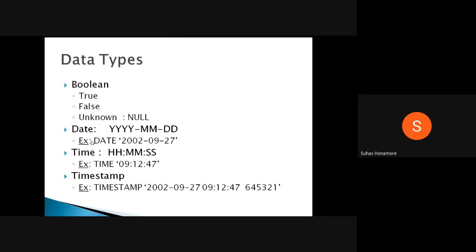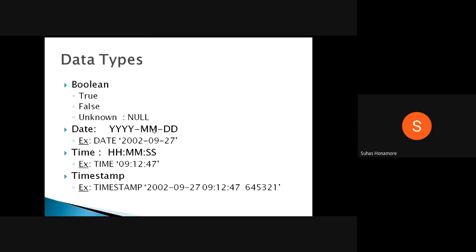Then the next data type is date. Date has a particular format: year, then month, then date. By default it has 4 digits for the year, then a hyphen, then the month, then a hyphen, then dd.